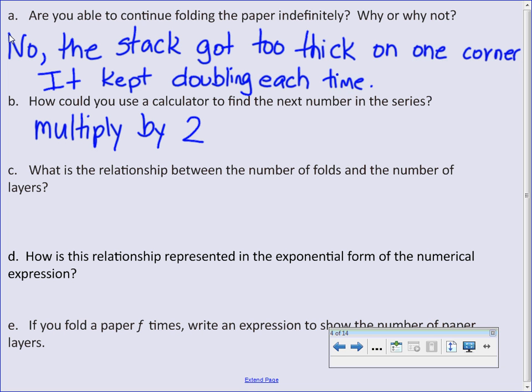Multiplying it by 2. So now what is the relationship between the number of folds and the number of layers? We want to make sure we include all those pieces of information in our answer. So include as the number of folds. This is like science when you're writing your statement, how you have to include the relationship. As the number of folds